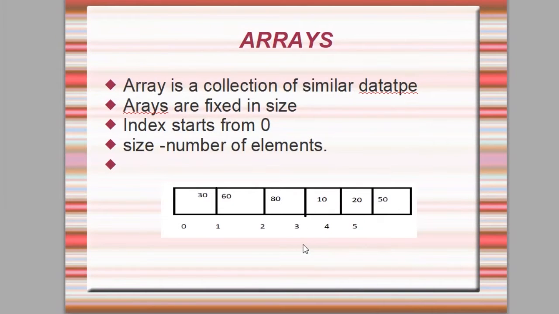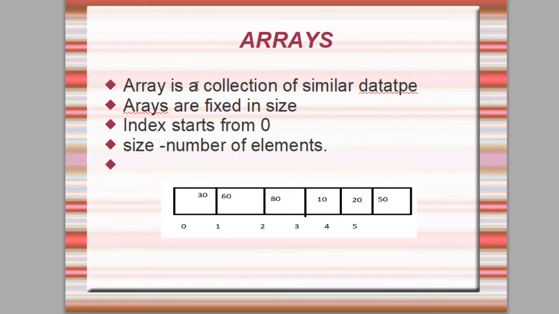In this session, I'm going to explain arrays. If we want to store more than one element, then we have to go for an array. An array is nothing but a group of elements. All the elements should belong to a similar data type. We cannot mix up the data types, like we cannot group integers and strings. So we have to group similar data type elements. That is nothing but an array.